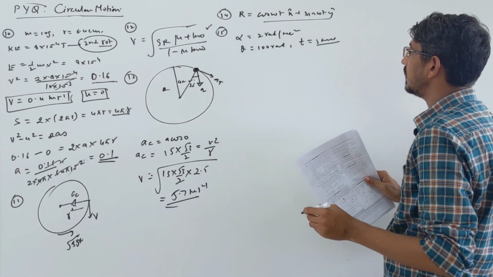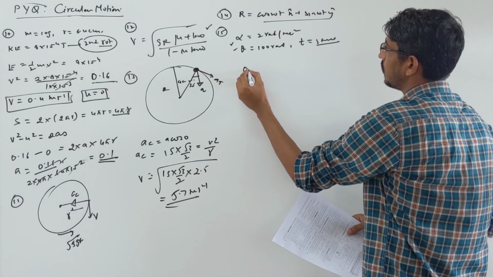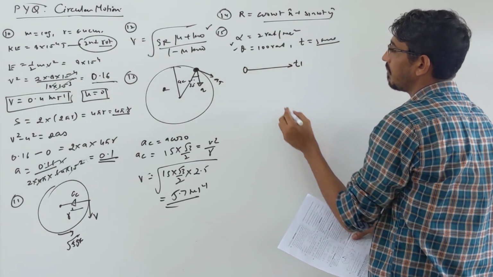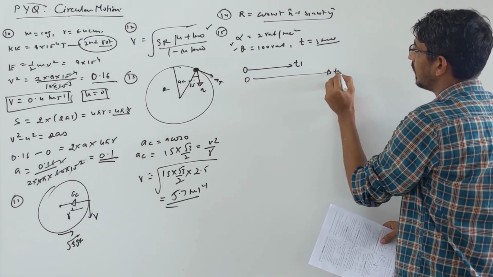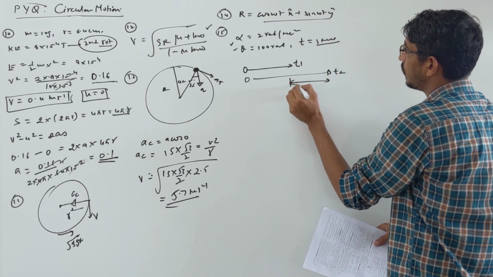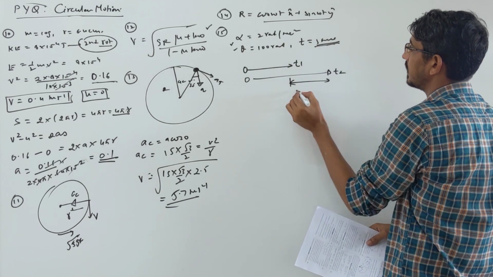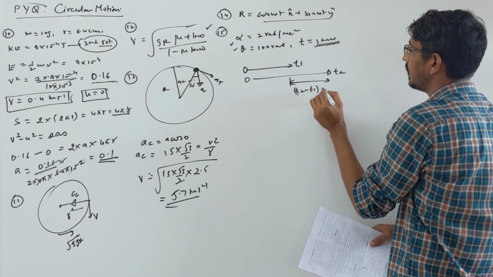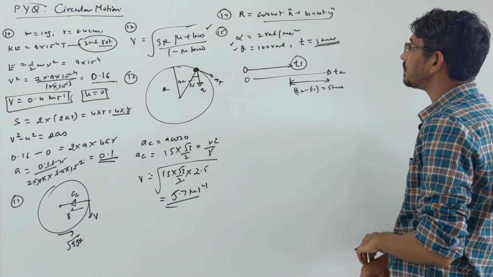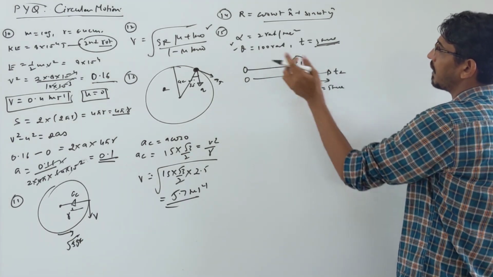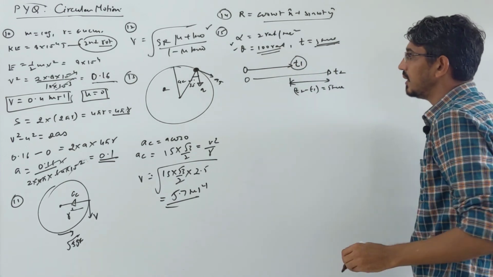So look here first. Suppose the motion from 0 to t1 time is starting, then again from 0 to t2 time. The interval t2 minus t1 is given to you as 5 seconds. We have to calculate what t1 actually is. Very simple. In this interval we travel 100 radian angle. So let's write the equation.